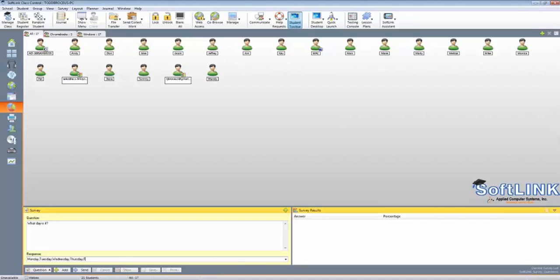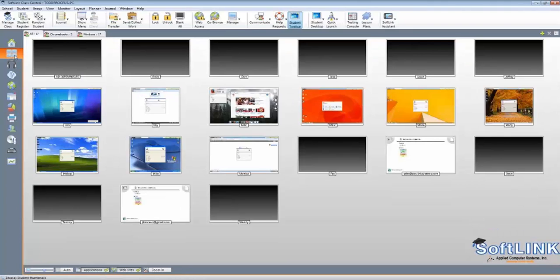All right, so I put in 5 responses for them. At this point, once you have your question typed in and your responses, you can select the send button. And the send is going to actually send this question out to the student devices. So now we're just going to move back to our thumbnail view so that you can actually see what's occurring